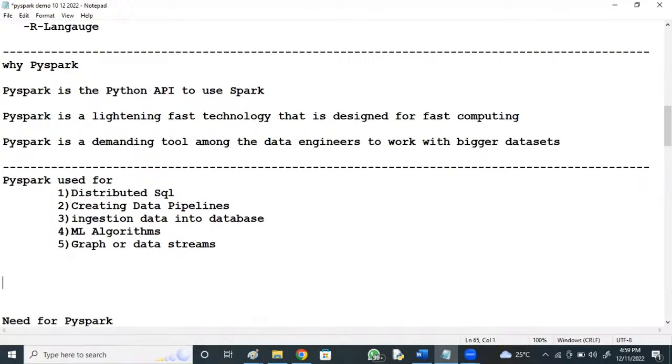We have many PySpark packages available as compared with Scala.